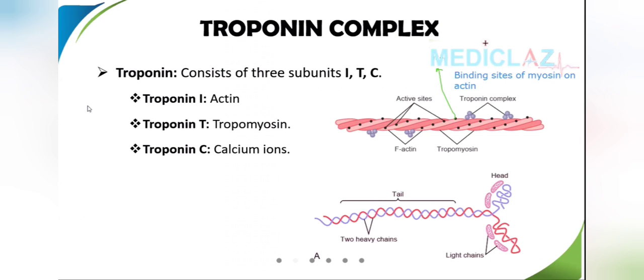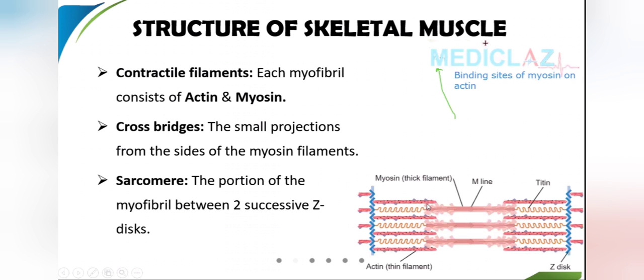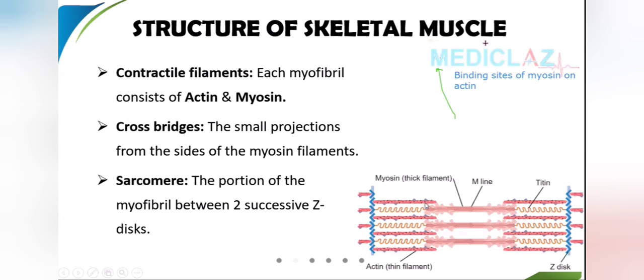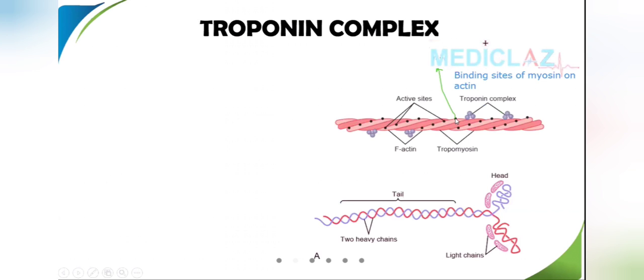What you have seen in the previous one, see here. This is the actin, and this is the myosin. This myosin head is going to bind here. So this site is called the myosin head binding site, that is the active site. This is where the myosin head will come and bind like this, on both sides. This active binding site is present on the actin molecule. Only if this site is open can the myosin come and attach.